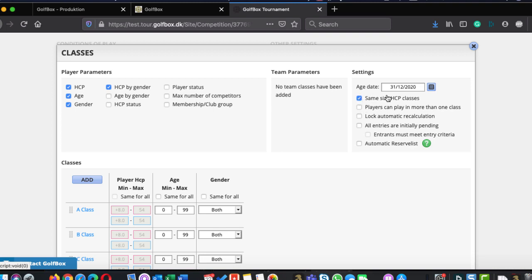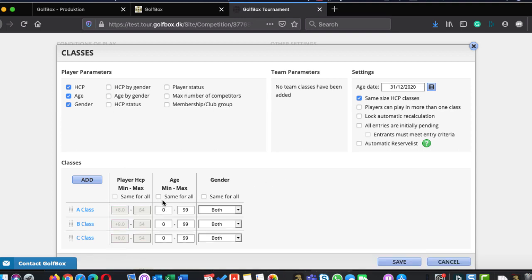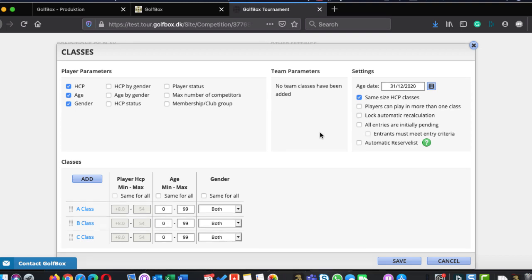Then we have the same size handicap, and I will show you how it works because right now we have all the same. So once we save this, we go back to it once we have some people signed up. We have one saying player can play in more than one class. This one only counts towards players, and this can be if you have some tournaments where you have a stroke play competition and a stableford competition, and you allow some of the players just to play in the stableford or to play in the stroke play, but some may want to play in both of the classes. Then you can say the player can play in more than one class, and when they do that,